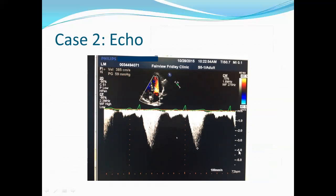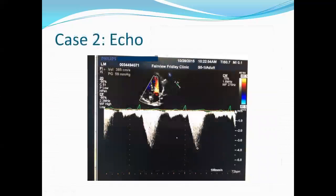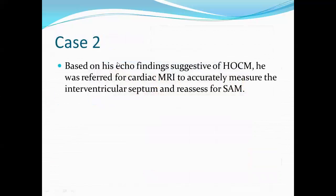Here's your increased velocity through the LVOT. So here you can see it's up to 4. But if we would have been able to see, you can see that the valve doesn't look calcified or sclerotic and it's opening up really well. So it's not aortic stenosis, but there is a gradient. So then you start to think HCM. So based on his findings, he was referred for cardiac MRI for HOCM,